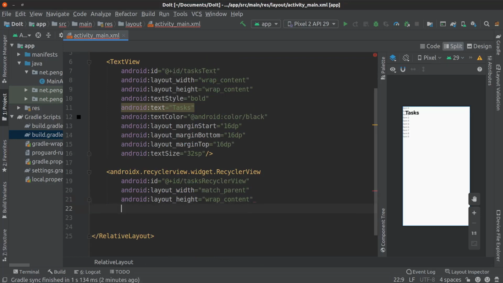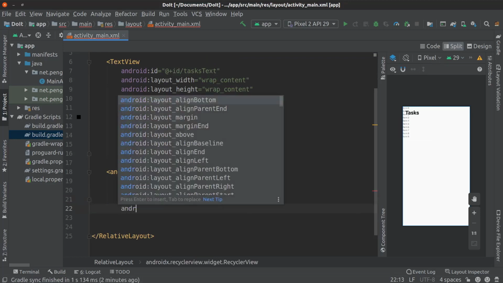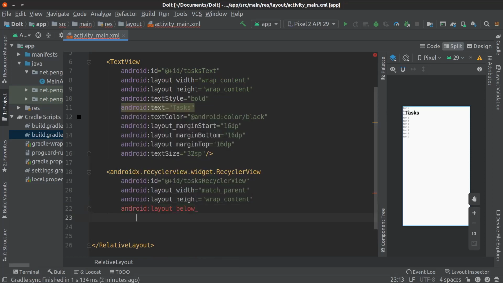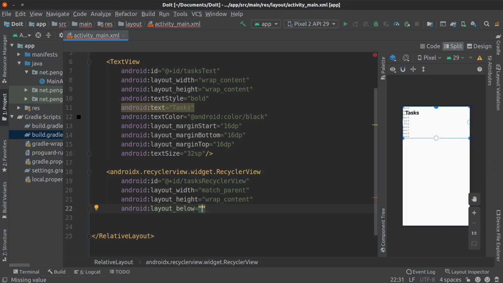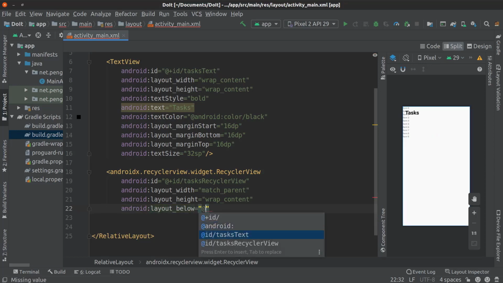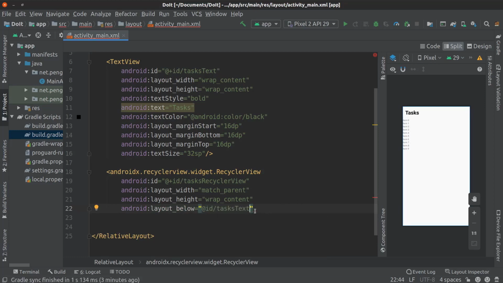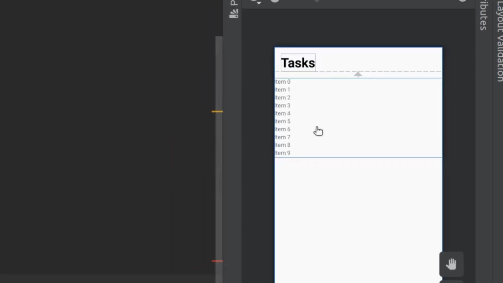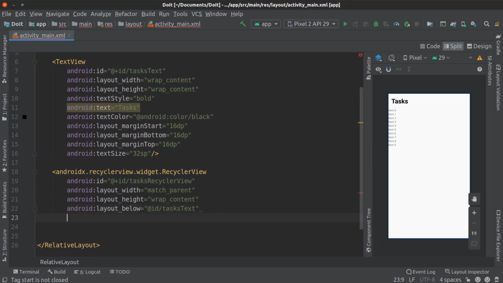Now I need to store the tasks below our heading here, so I will put an attribute layout below: Android layout below equals, and I'll be keeping it as tasks test. So as you can see, we have our RecyclerView stored here, and we need to add a layout manager for